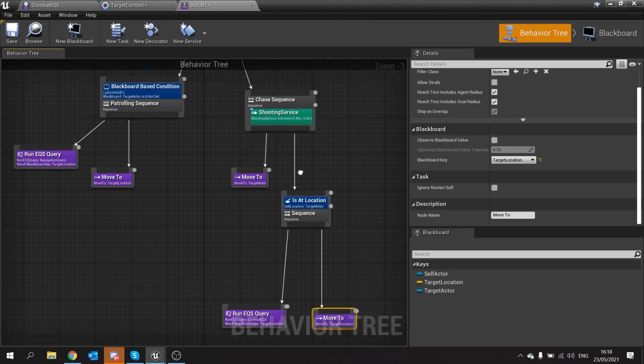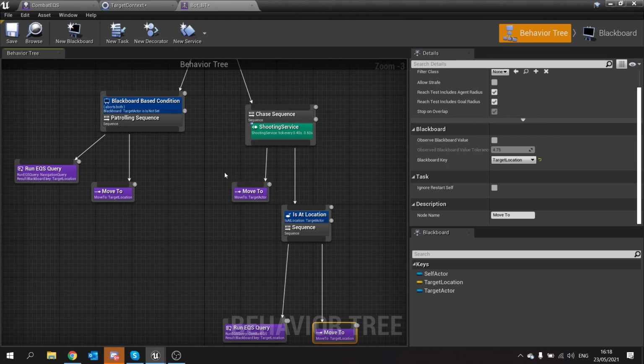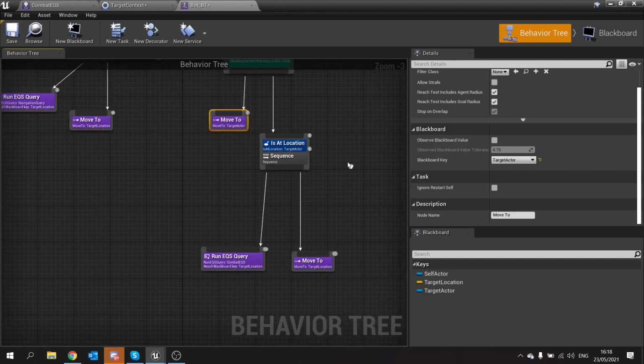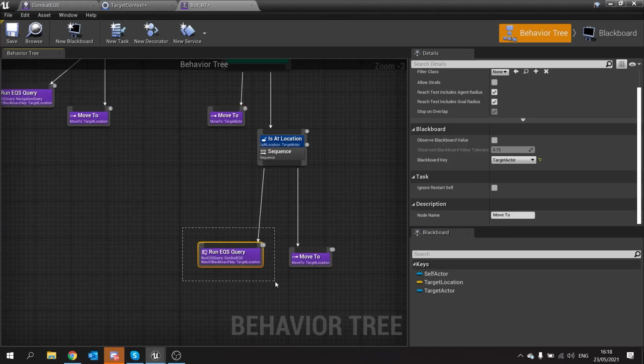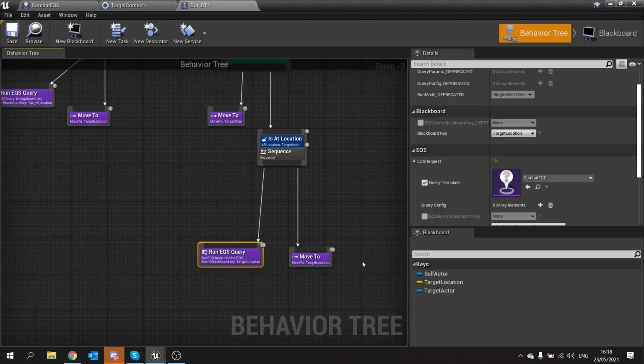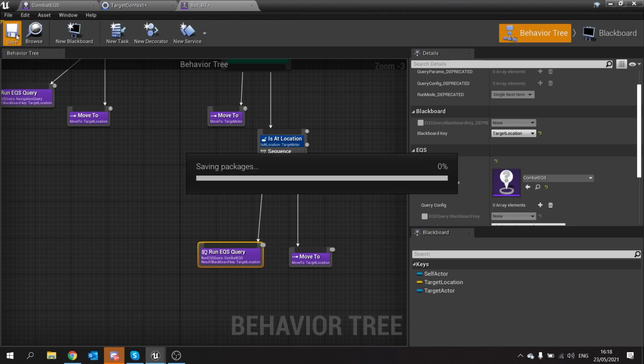So what's going to happen here is once he's moved towards in range of the player, he's going to be checked to see if he's in range, is at location. And if he is, it's going to run an EQS query to find a sideways point and then run to that sideways point and then keep going whilst they're still in range. I'm going to hit save there,